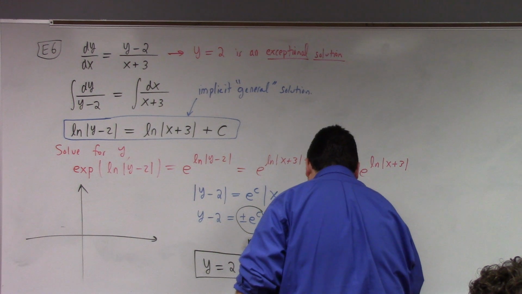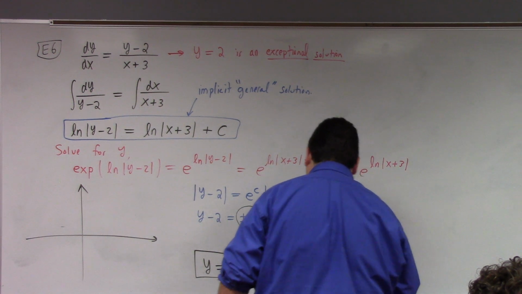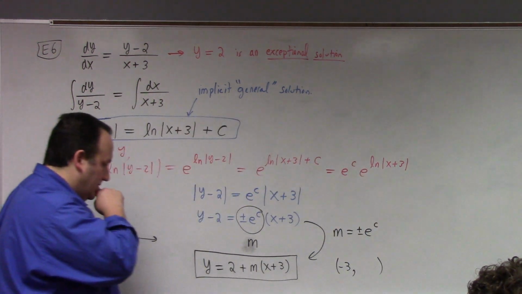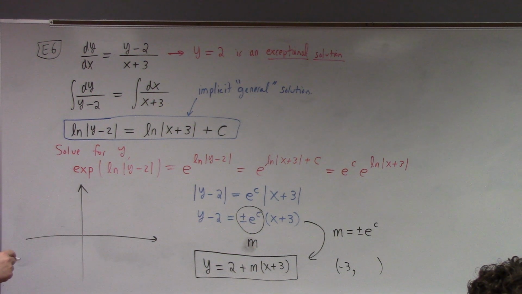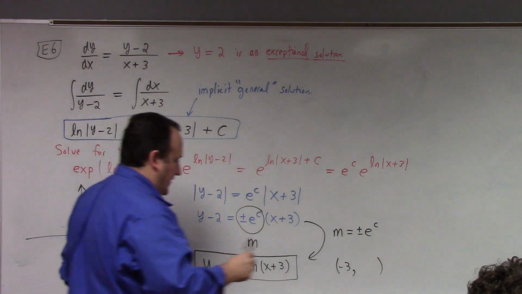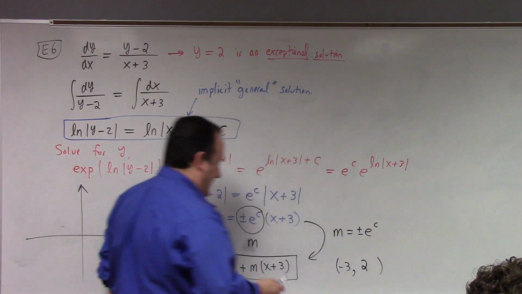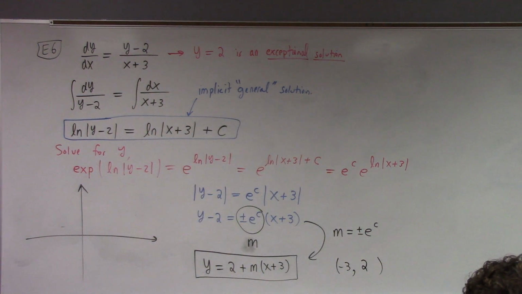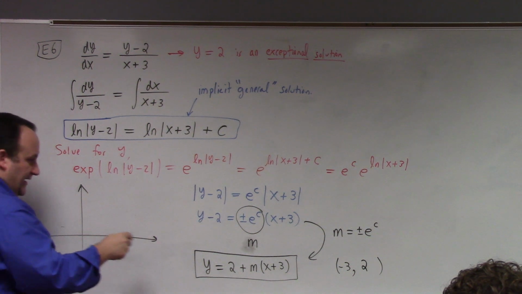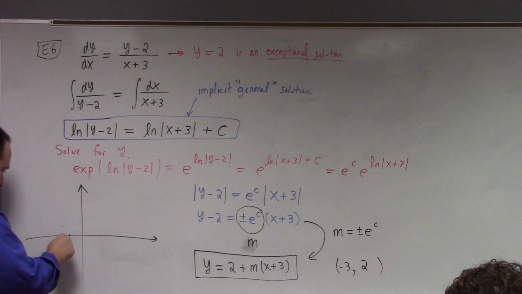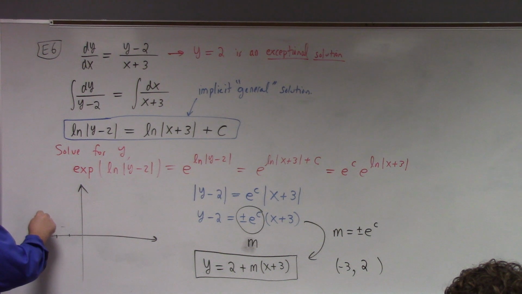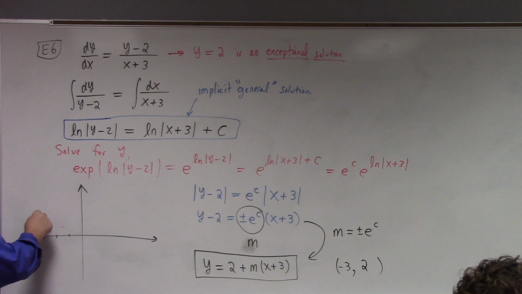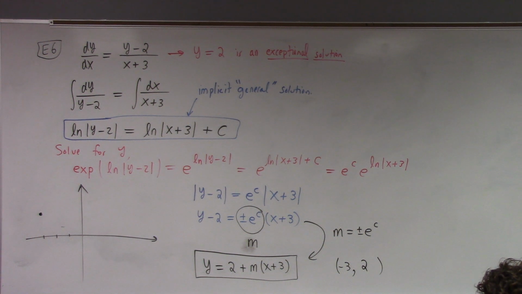Minus 3, comma what? If I plug in minus 3, what do you get? 2, right? So they all go through this point, minus 3, 2. That is common, independent of your choice of m. For all possible m that point is on the curve. So what you're looking at then, minus 3, 2,